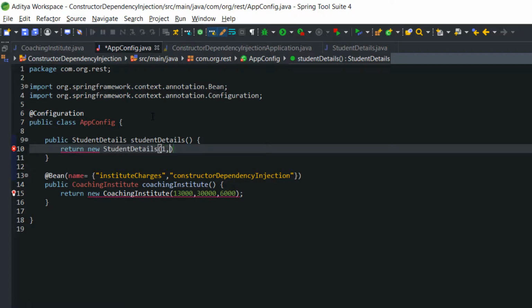Roll number should be 1. I've provided my name, Aditya. Now subject, I like the physics subject of this Coaching Institute, that's why I joined this Coaching Institute. So the subject I'm learning here will be physics, and I am from Jharkhand, so I will provide the address Jharkhand here.